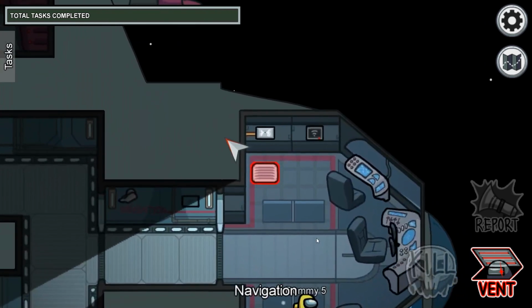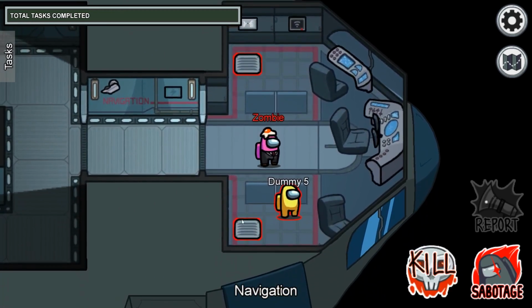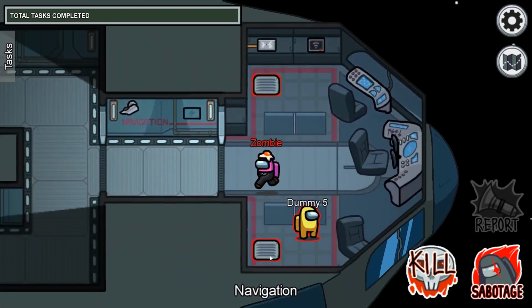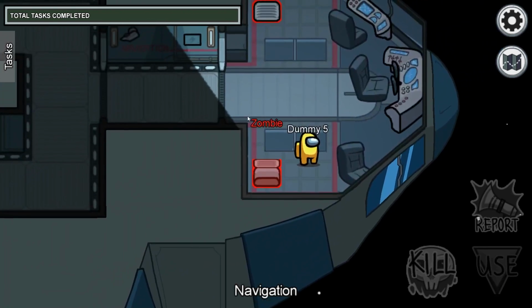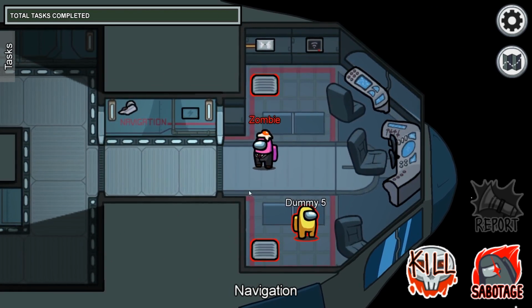It brings you over to navigation, which is about like the head of the ship, some people call it. There's 2 in navigation. However, if you notice, this one only goes to weapons, and the one in weapons only goes to here. But there's another vent in navigation on the bottom, and this one brings you down to shields. So the whole right side of the map is essentially connected, except you have to traverse this, which is dangerous because if